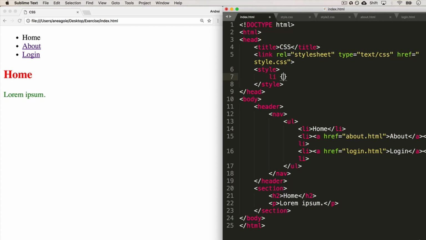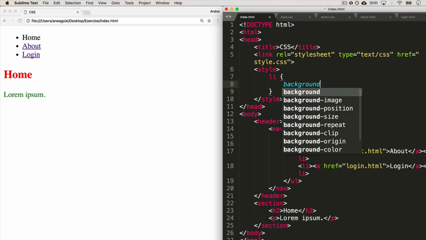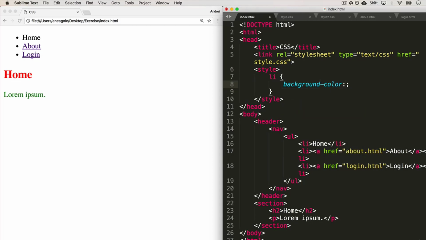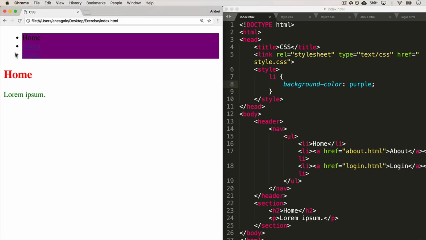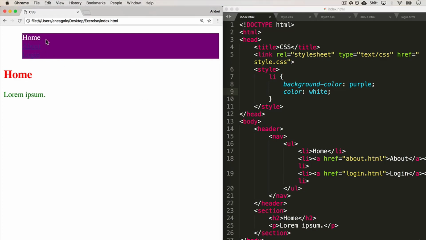So all the lists, I want the lists to have background color of purple. So if I now save this and refresh, everything is purple, and that looks pretty yucky. We can keep adding stuff on here, and I can say color white, save, refresh, and it changed the color